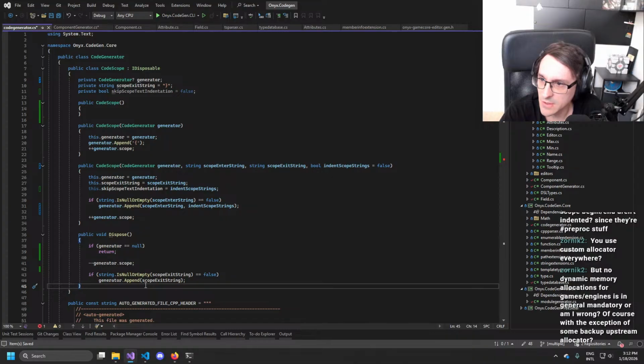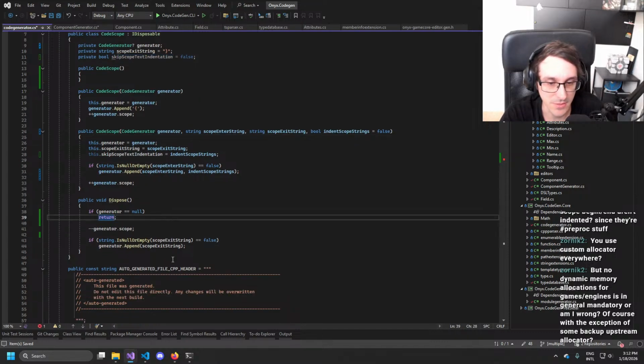No dynamic memory allocations. Yes and no, I would say. There are some engines that do dynamic allocations, there are some that don't.